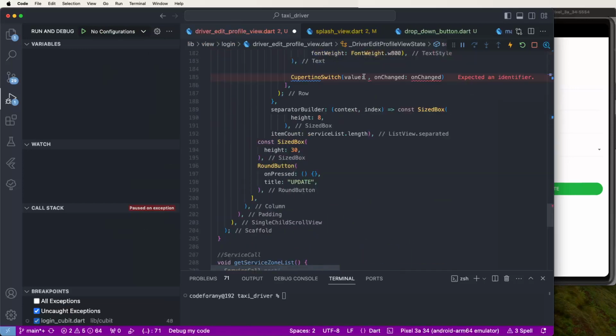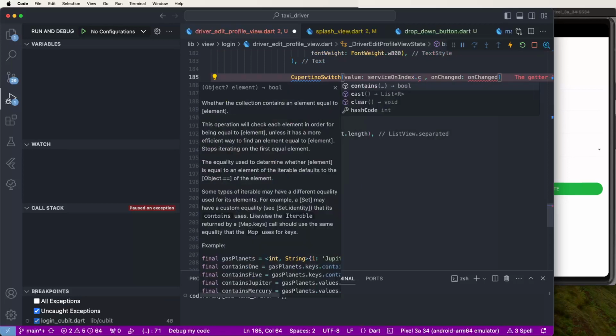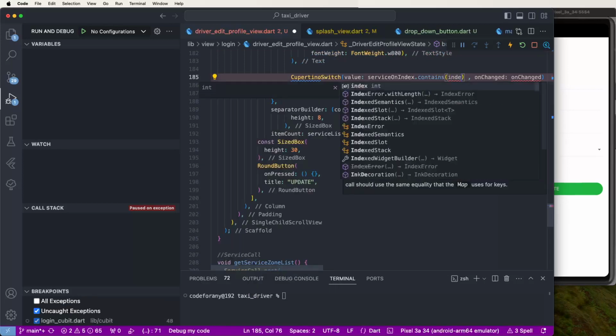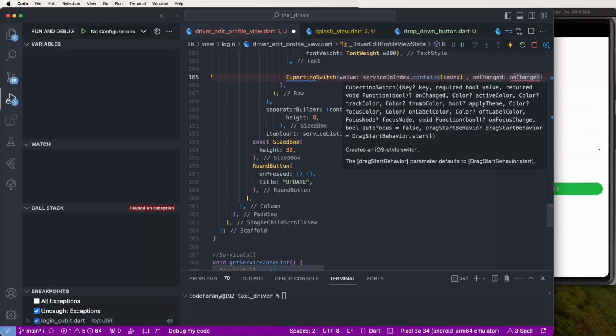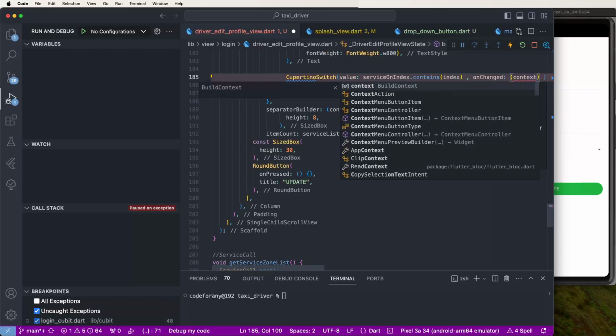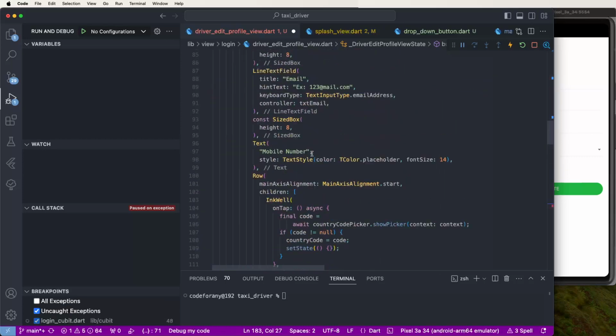Now we need to here change events here the side is